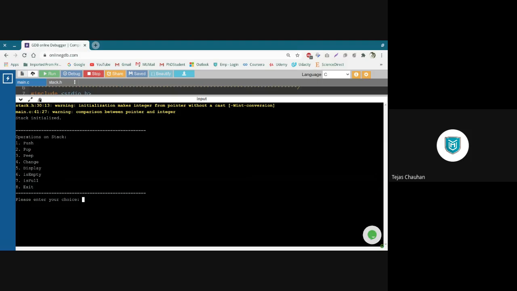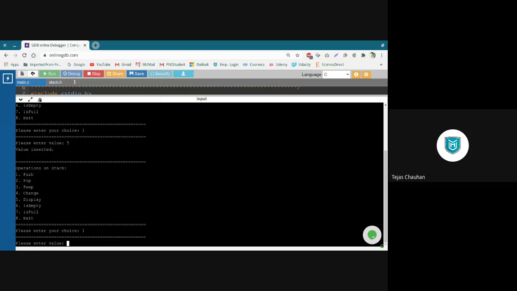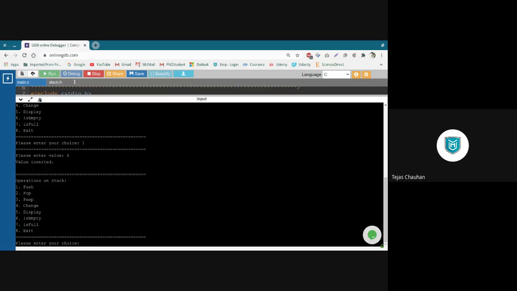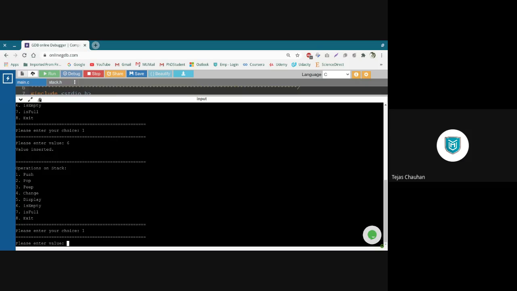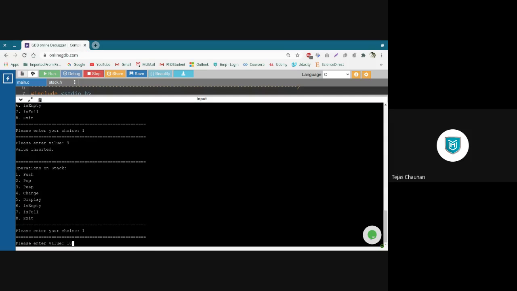So if I go for push, now it will ask me to enter a value, a user given value, let's say 5. So it gives me a message, value inserted. Let me insert one more value. So again, push, value 6. And I'm going to insert multiple values now: 7, 8, 9, and 10.